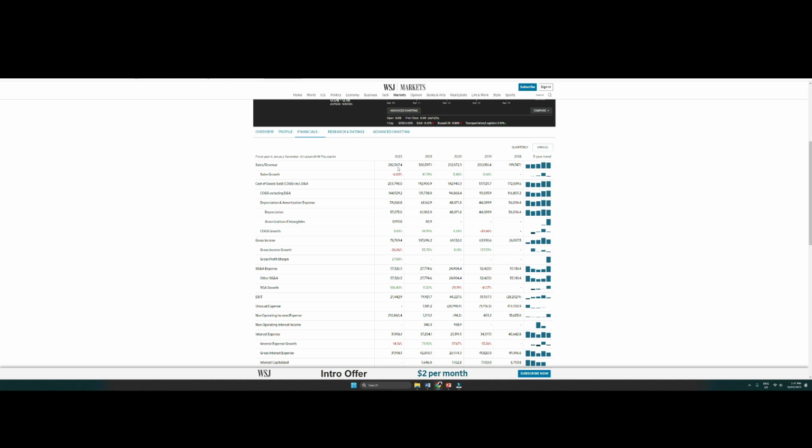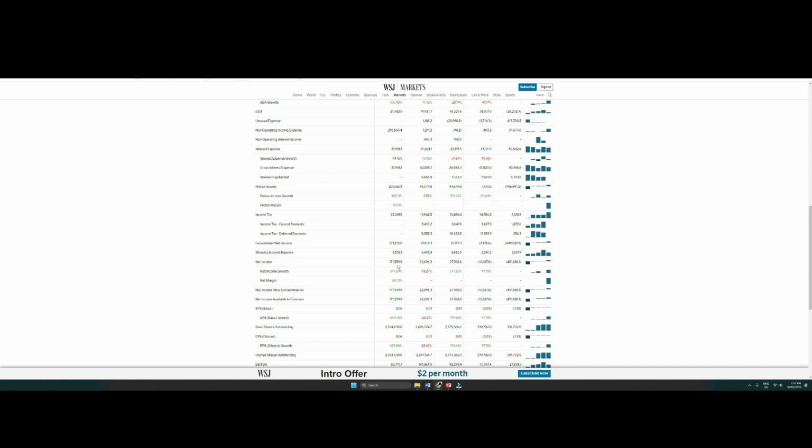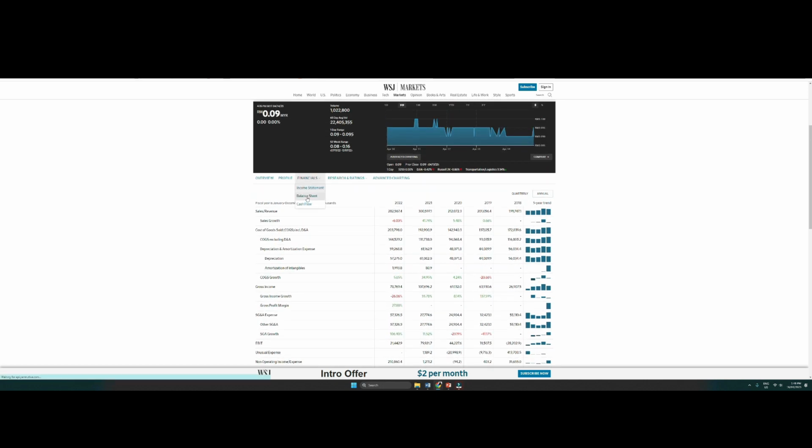fiscal year 2021, we could see that its net income for fiscal year 2022 jumped by 655% to register a net income of Ringgit Malaysia 171.5 million, after a hefty net gain of Ringgit Malaysia 196.3 million from the disposal of its sole jack-up rig to Saudi Arabia-based Addis Arabia Holding. Its full year earnings per share grew to 6.34 cents from 0.84 cents in fiscal year 2021, according to the group's board's filing. Proceeds from the disposal were utilized to pay down debts and undertake a special dividend payout, which